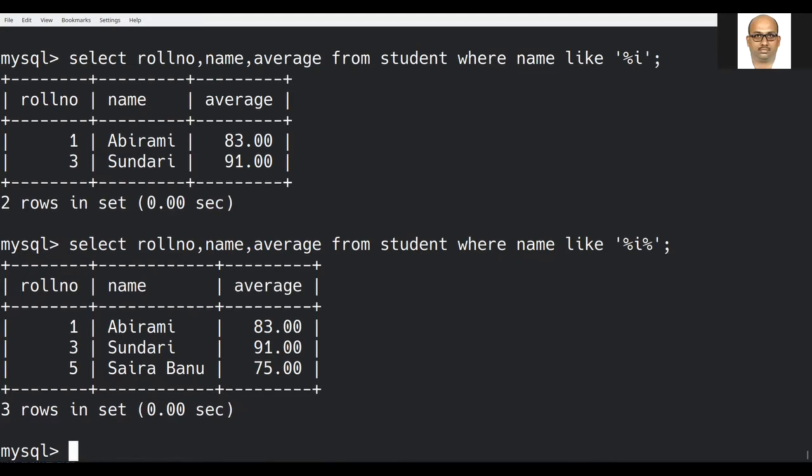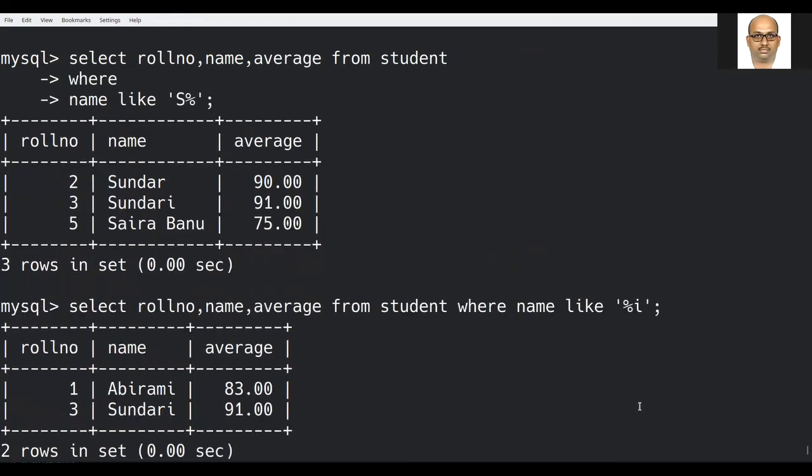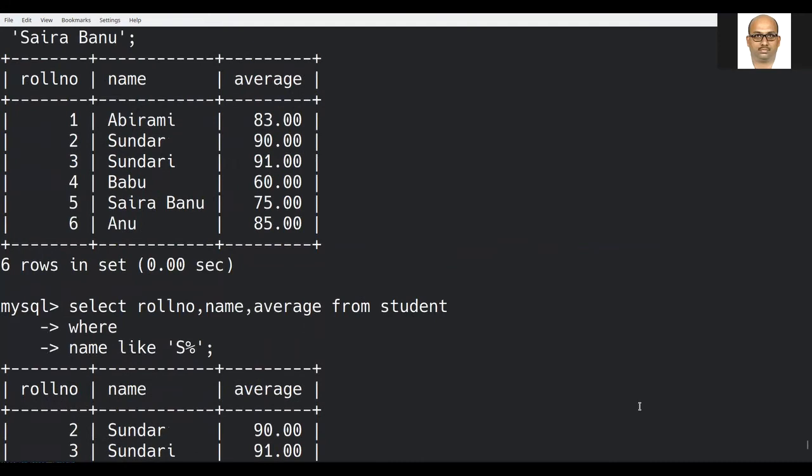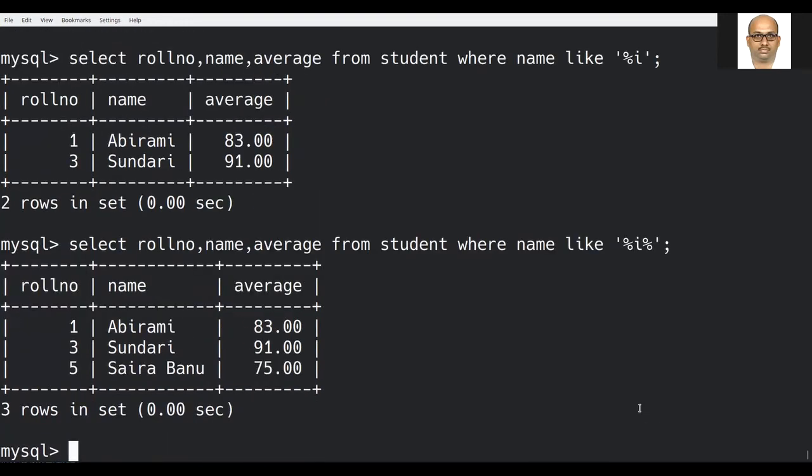Whereas the other names, Sundar, Babu and Anu, do not possess the character I, so those three names are not getting displayed.